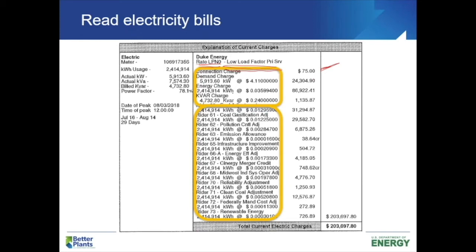Then there's the energy charge. This is how much we've used over time. And this is a simple one. It's only a little over 3.5 cents per kilowatt hour. And then there's that kVAR factor. This is that power factor. Okay, that's what this means, right? Power factor. In this case, this plant is paying $1,000 a month essentially for a low power factor,